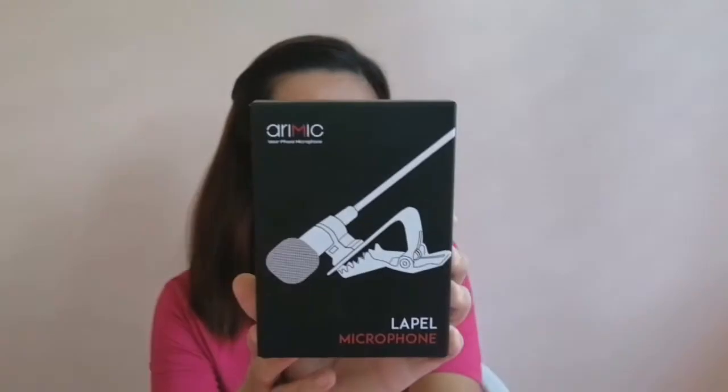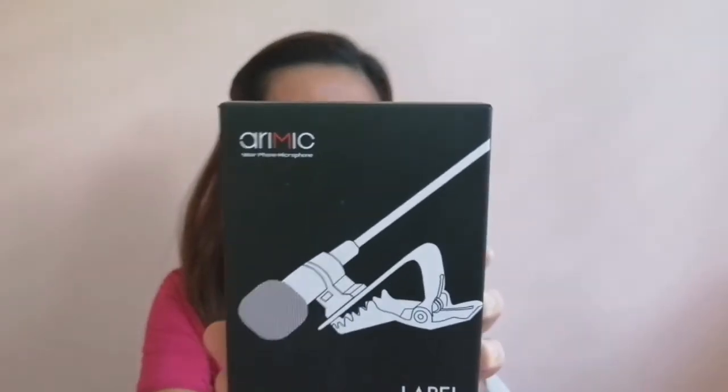So let me show you the microphone or the box. So this is the microphone. Is Ari mic or Ari mic, your phone microphone. You can see it. This is a lapel microphone, and I will read to you. It's written